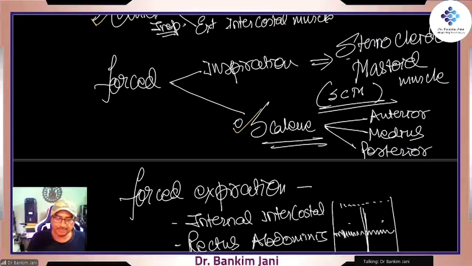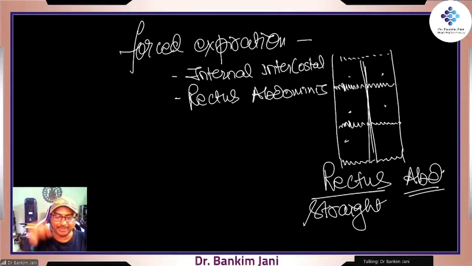Then these are the muscles called the scalene. Scalene muscles are anterior, medius and posterior: scalene anterior, scalene medius, and scalene posterior. These are the deeper muscles on the side. When you do forced inspiration, you need to lift the whole chest. So understand it this way: the head is fixed, but these two muscles will lift the whole chest, and that's how you breathe with forceful inspiration. When it comes to forceful expiration, it is the abdomen which comes into the picture. So now we need to bring the chest down.